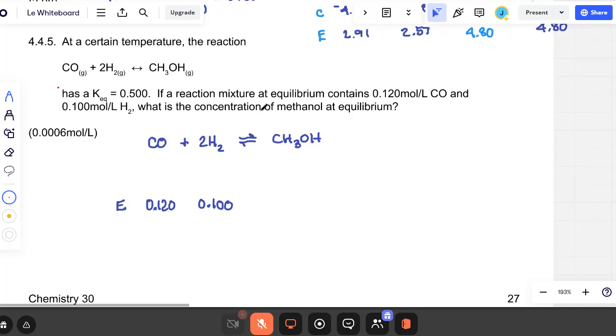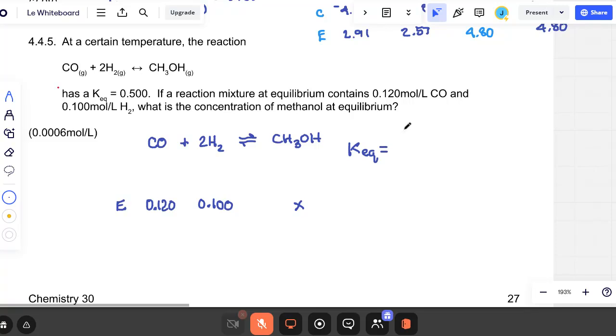And what is the concentration of methanol? We don't know. You can call it M for methanol or X, whatever you like. I guess this question is to show you that not everything is an ice table. It's only an ice table if you have initial and equilibrium amounts and you can do the procedure we've been seeing before. In this one, we just have equilibrium information and we know our equilibrium constant